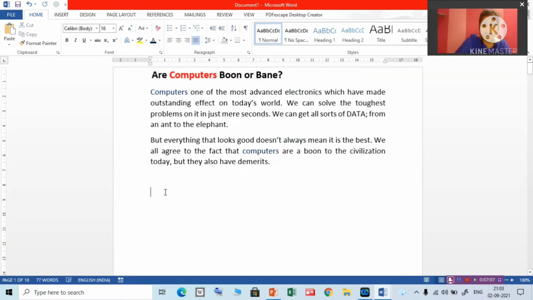Then bring your cursor to the place where you want to paste. Paste is the same thing. You can use the paste option from the clipboard group, or you can right click and select the paste option, or you can press Ctrl plus V keys together. Okay. So see here, copied means what? The text, object or whatever you have copied will be in its original place and in the copied place also.